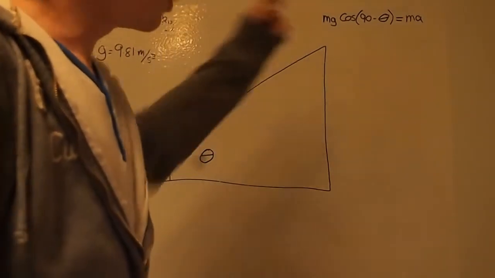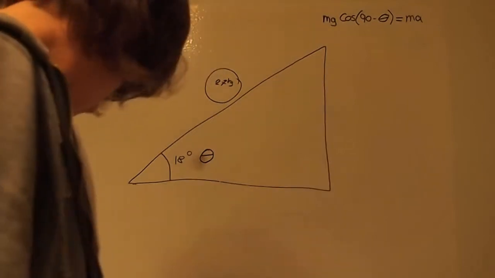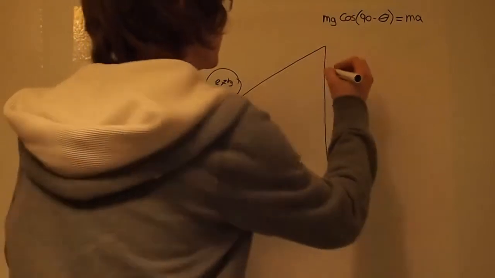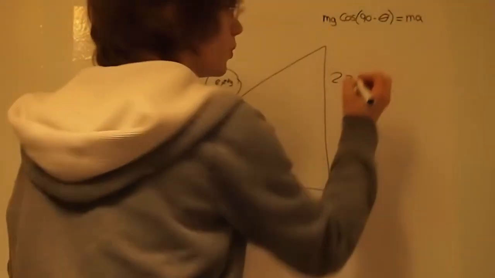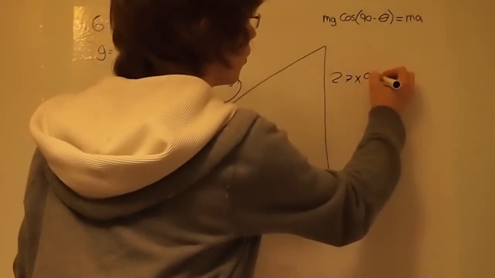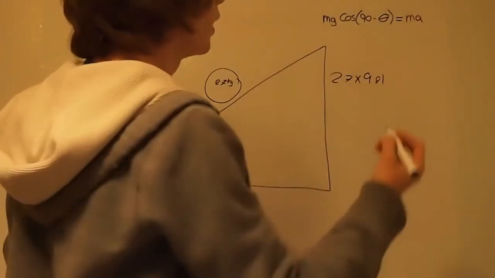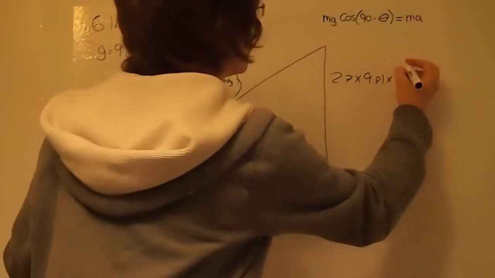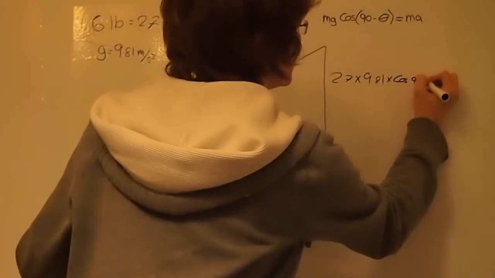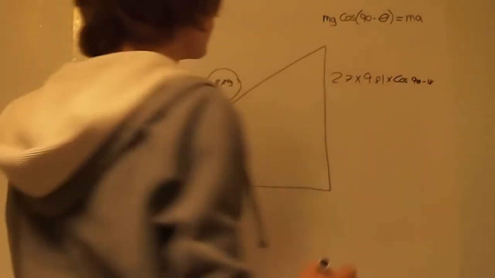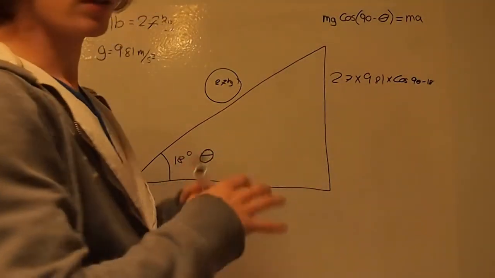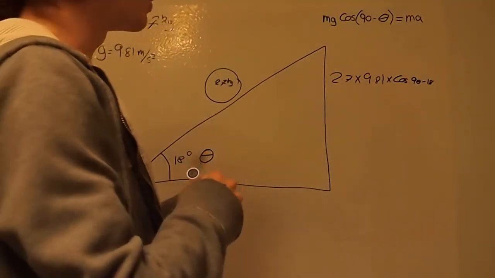Now, the formula here is actually quite a simple one to use. We simply take the mass of the bowling ball, which is 2.7 kilograms, we times that by 9.81, and then by cos(90 minus theta), as theta is equal to 18. Now, if we put this into a calculator, we work out the answer to be